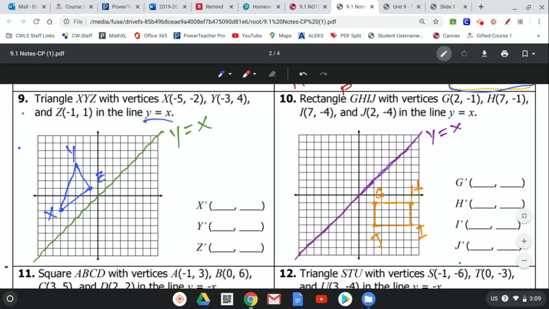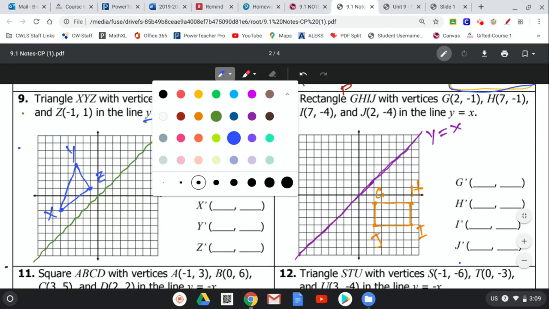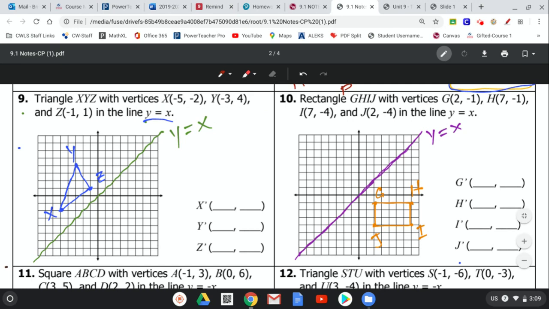Okay, so that's in green there. That's the y equals x line where we have a 0 for our y-intercept, and then our slope is 1, so we're going up 1 over 1. So it's a diagonal line. So for this one, it gets a little bit trickier, I guess, but it's not too bad as long as you follow the same thing we've been doing, all right? So for this one,